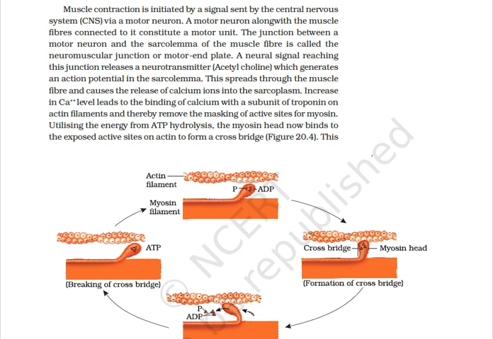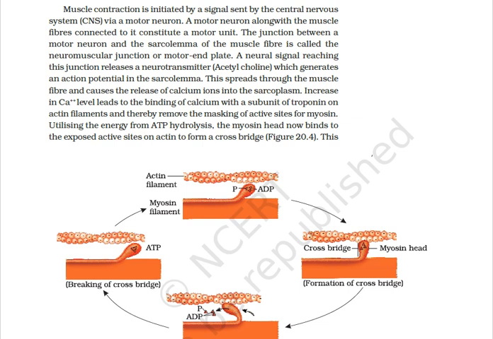I would now summarize the mechanism of muscle contraction. When an impulse from a motor nerve travels and is received by the sarcolemma, there is generation of an action potential on the sarcolemma. This action potential is also developed in the T tubule. The L tubules are the storehouse of the calcium ions. So the L tubule now releases calcium ions into the sarcoplasm.